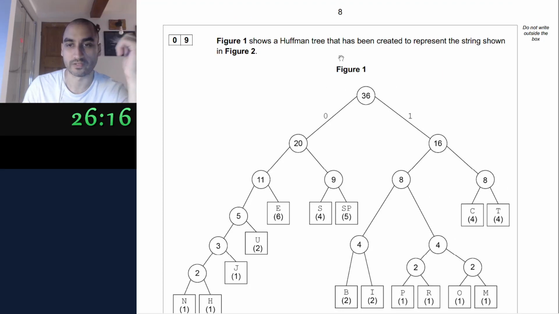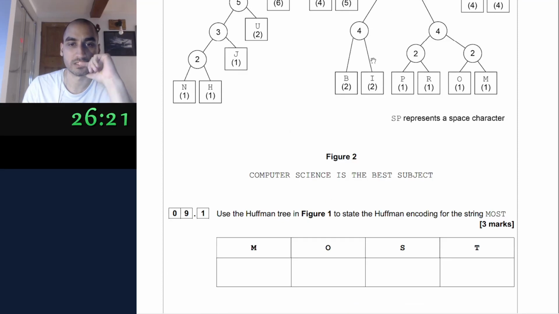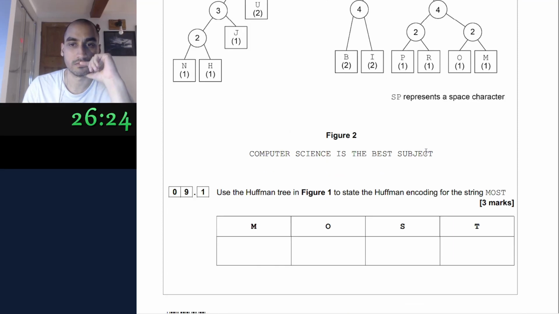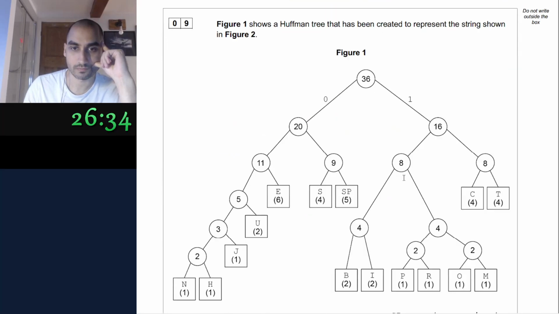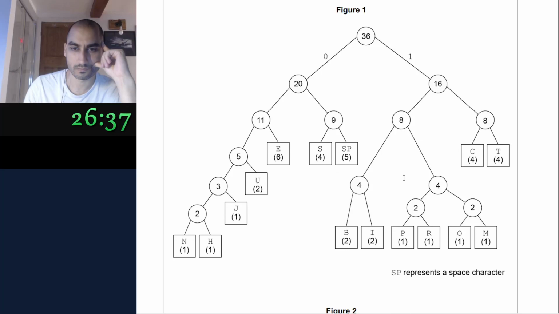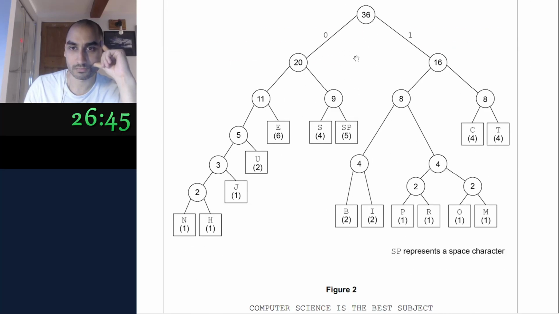Oh, they do Huffman coding. Oh wow. I might actually remember this. Use the Huffman tree in Figure 1 to state the Huffman encoding for the string "most". I see. So M is 1, 0,